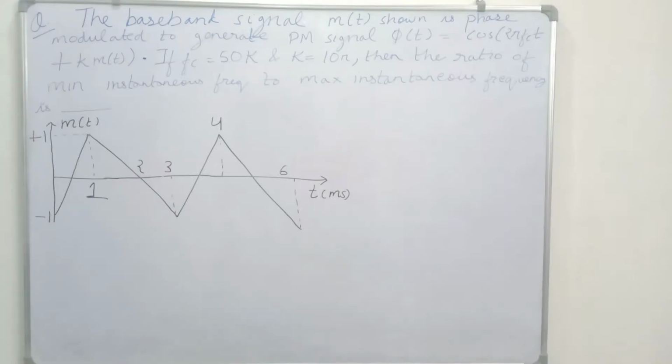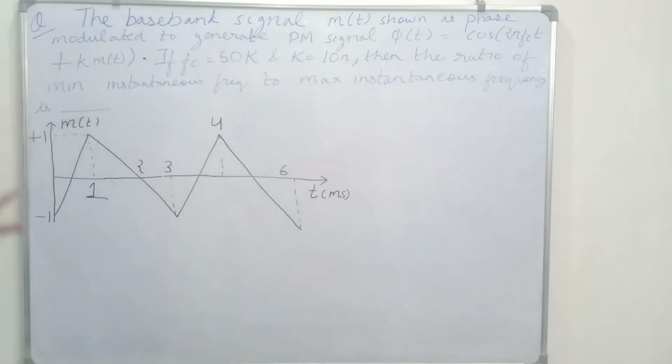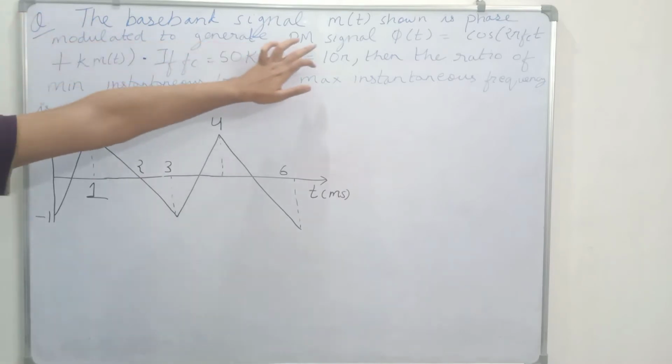So this question is from GATE 2019 Electronics. It was of 2 marks and it is based on phase modulation. The question says that the baseband signal m(t) is shown. So this is the baseband signal m(t) which is shown, and this signal is phase modulated to generate the phase modulated